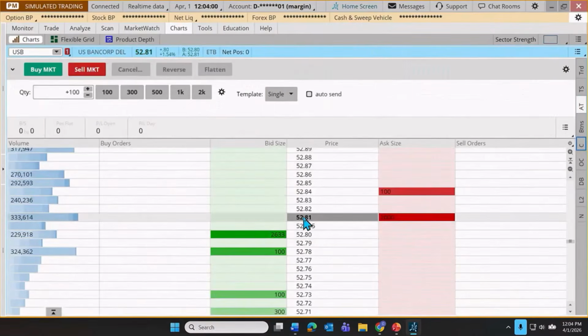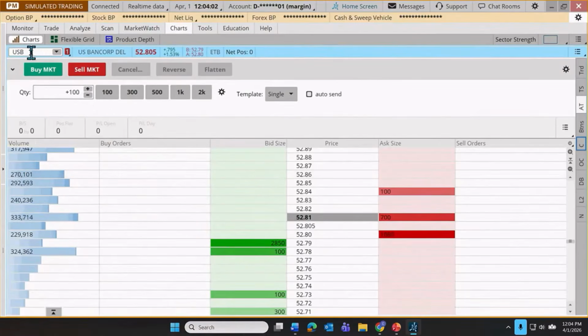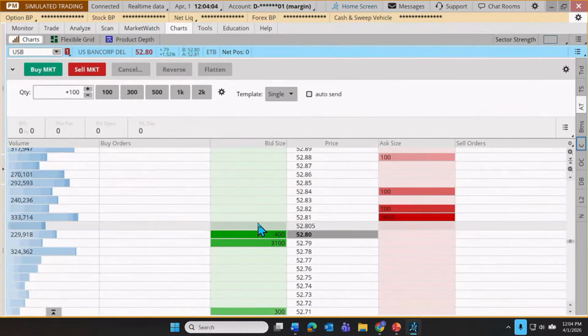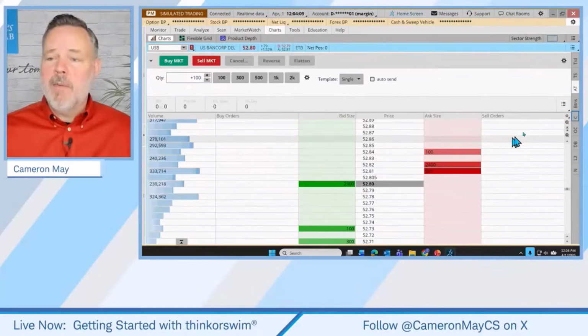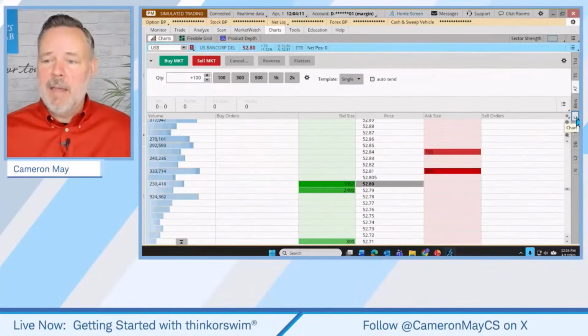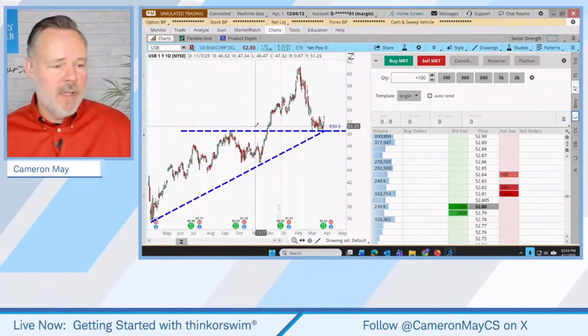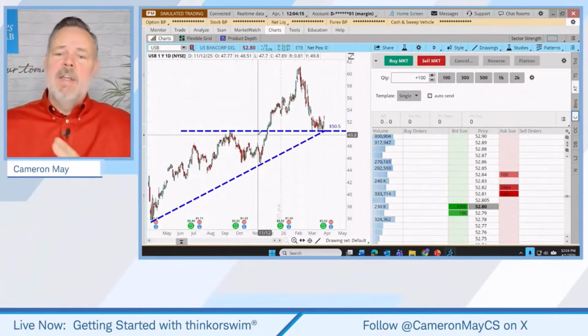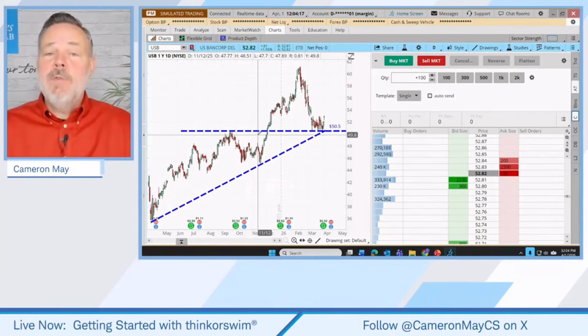Just be aware that if I were to go to some other stock, I would just be looking at this Active Trader tool, and I don't see my chart anymore. Don't hit the panic button. All we have to do is remember to come over here and click on the C tab again for chart, and there's our chart again. All right, so how do we use this tool?